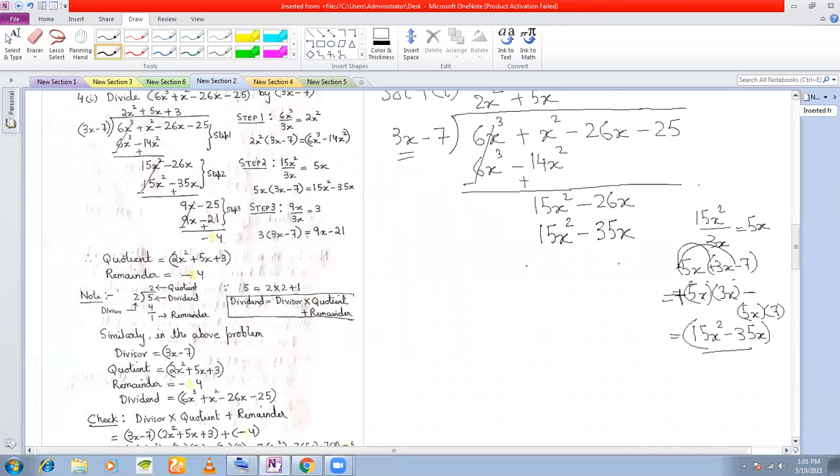Okay, now you're going to subtract. All this I'm doing here, you will not do like this in your copies. You will draw a rough column and do all this work there. Is it clear? All this work that I am doing here is to be done in your rough column. Understood? You will draw a column and do your rough work on the right hand side of the page. Is it clear?